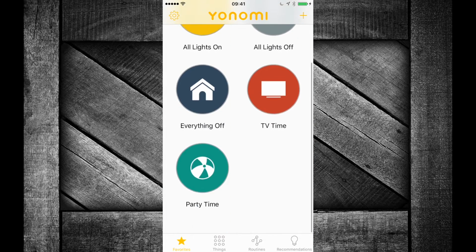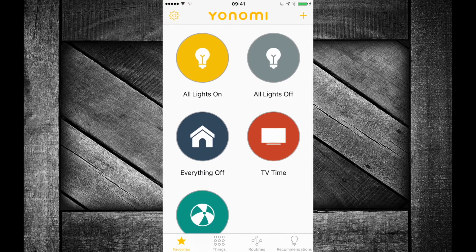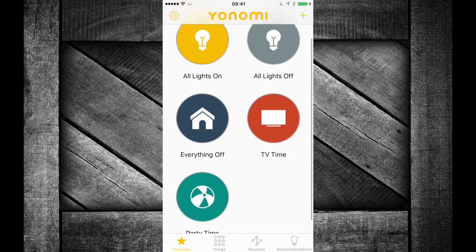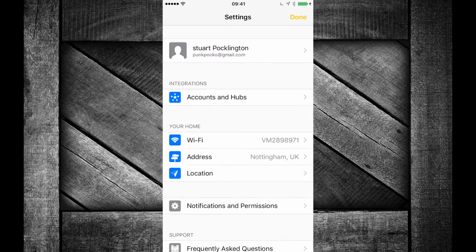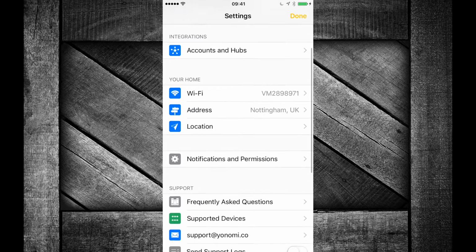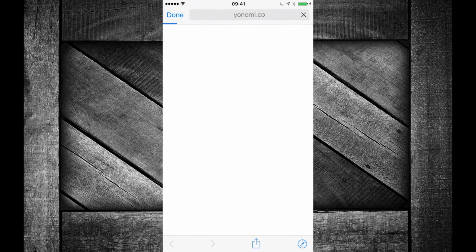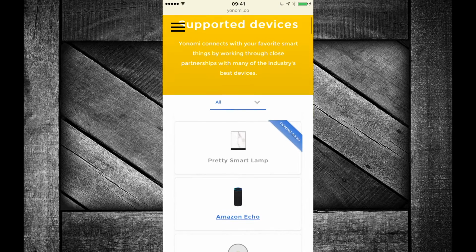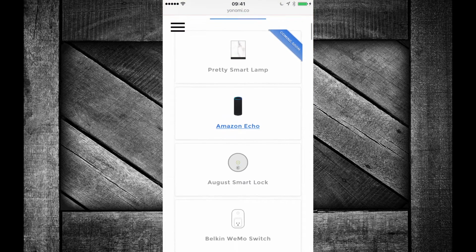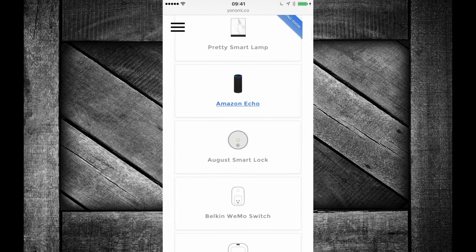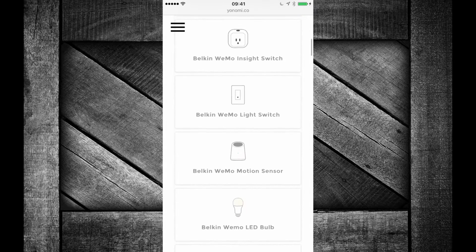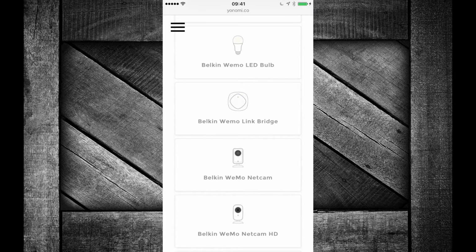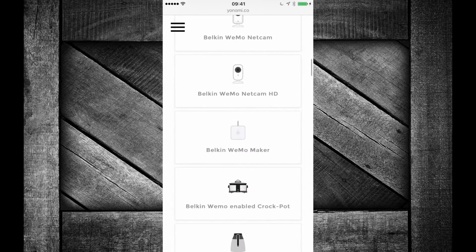So here we have the app, and some of the settings or routines I've already got set up. You get some of these set up by default. Let me show you the supported devices. I won't read these all out, but obviously Amazon Echo, you can integrate that in with this as well. Some smart switches, motion sensors, net cams,